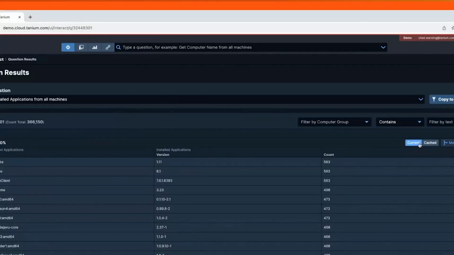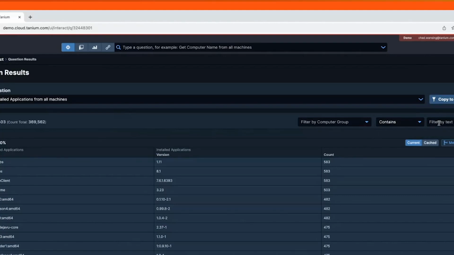And while that question's posted out into the environment, I'm going to point to this little current button over here, because for Tanium, the idea of current is different from most other tools. For most other tools, current is I did a collection, right? I did an inventory, I pulled it back, I put it into a database, and then I query that database. For Tanium, what we really created was a communications architecture by which I can leverage the endpoints as my database to ask real-time questions and get those responses at speed and scale. Because as you see, even before I'm done talking about that current button, I'm already back with 100% results returned across 1,300 endpoints of every single application.